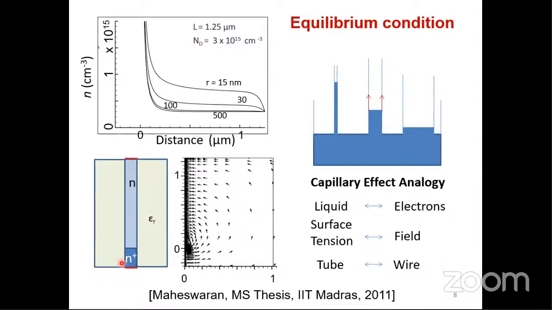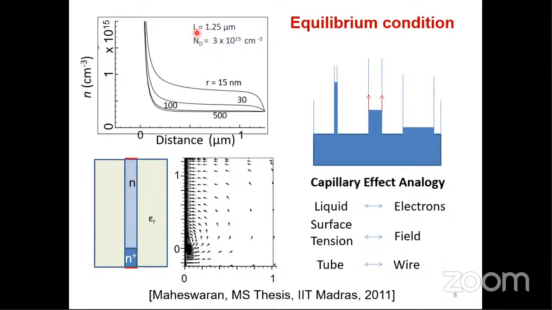Right, right. So once electrons move away from N plus, they leave behind positively charged dopant atoms, right? They give rise to positive charge. And here, it was neutral. This is gaining electrons from the N plus region, so it is becoming negative. That is why there is a field from positive to negative. Okay, so you can see now the electrons are coming into the wire from the substrate because of the process of diffusion. That is what is raising the concentration of electrons in the N-type region.